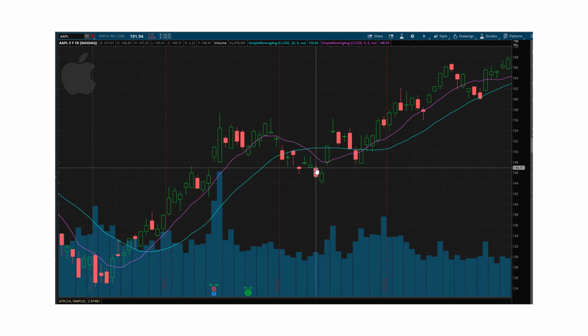So the profit target for this trading strategy will be 2 times that amount. So 2 times 3 is $6. And we're going to say it's $6 away from the entry. So if you look at my mouse right now, you can see that there's a line coming out of it. I'm kind of tracing the line. And if you follow that all the way to the right, you can see what the price is at the entry. It's about 147. So if I'm taking 2 times the ATR, so 2 times about $3, that's $6,